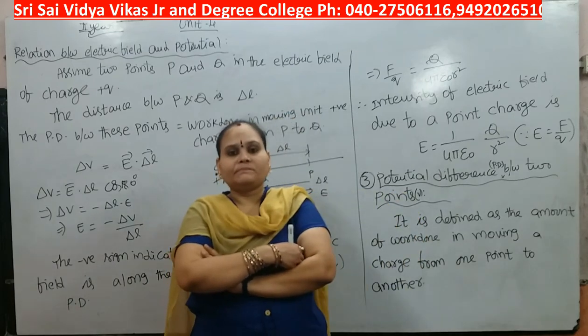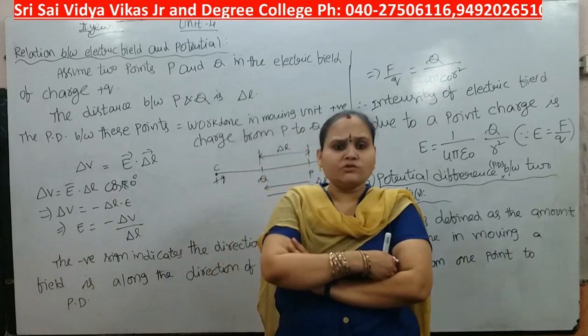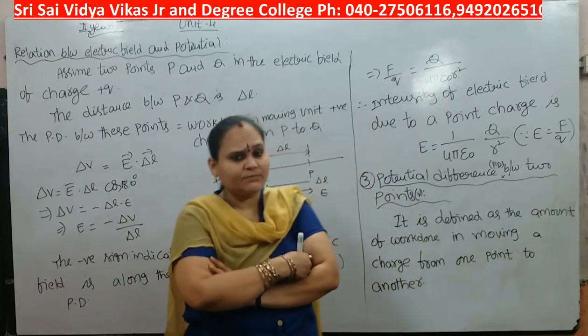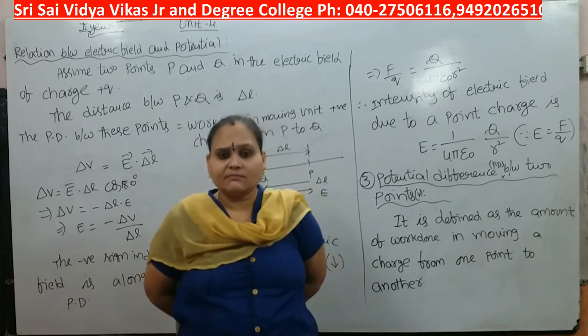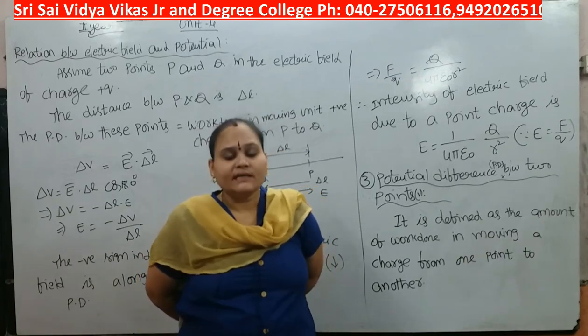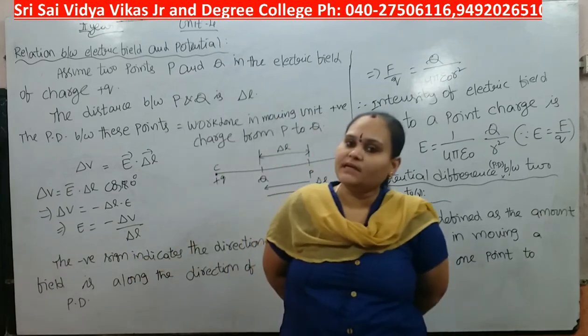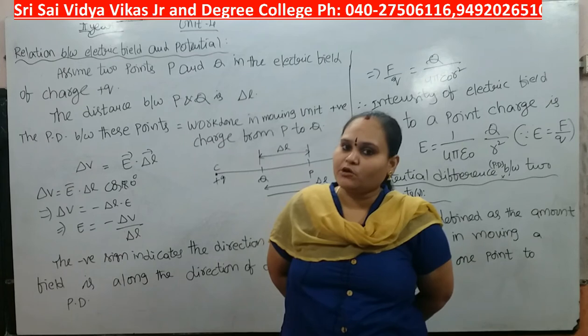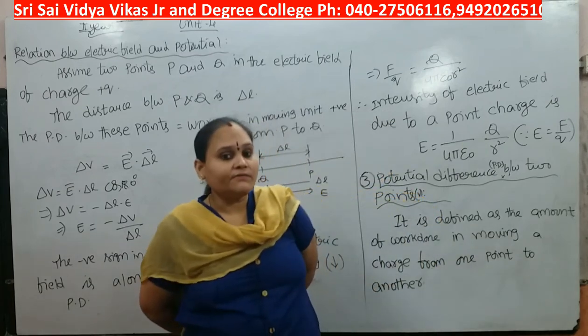So, first, intensity of the electric field is nothing but the force experienced by a unit positive charge when it is placed in an electric field, that is E equal to F by Q and F equal to EQ. So, we can find out the intensity of electric field. We can place a point charge at P. The P is placed at a distance R from the capital Q.